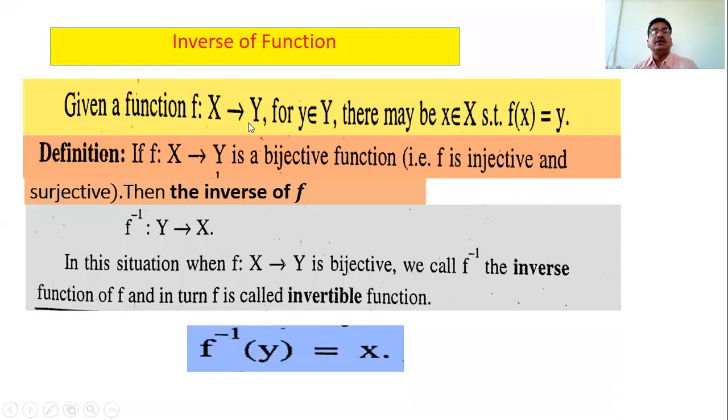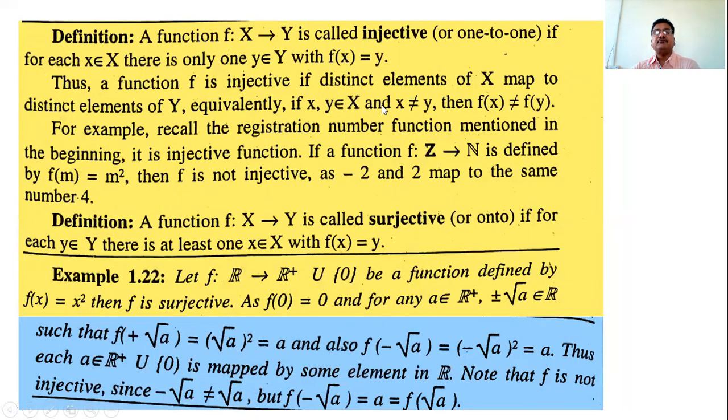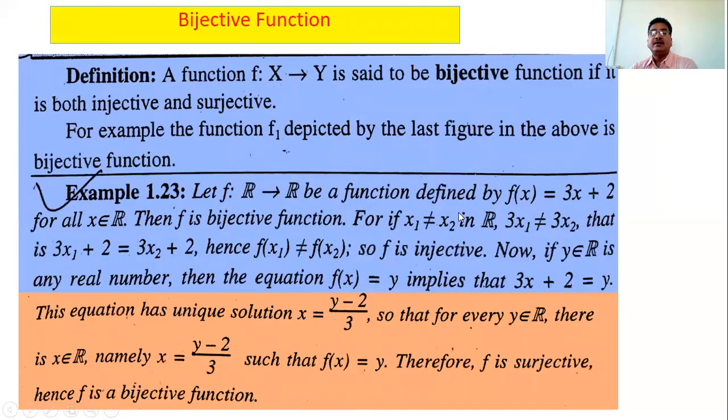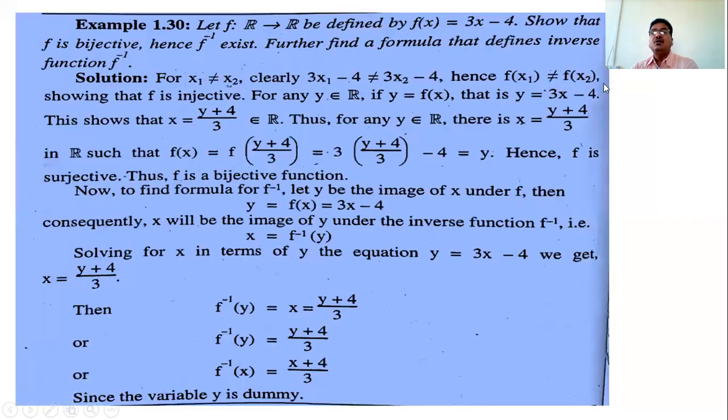This is the definition of an injective function. If for every x and y belonging to the domain, x is not equal to y implies f of x is not equal to f of y, and this condition is satisfied by all the elements of the domain, then the function is injective. That is, if the elements are different and the images are also different, then the function is injective. So here x1 and x2 are elements of this domain, and these two are different, and then f of x1 is also not equal to f of x2.